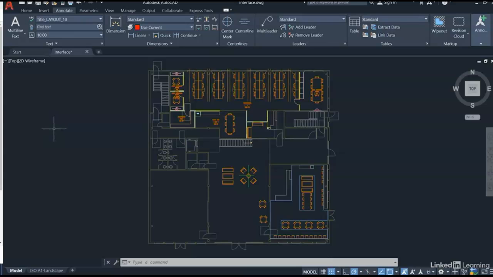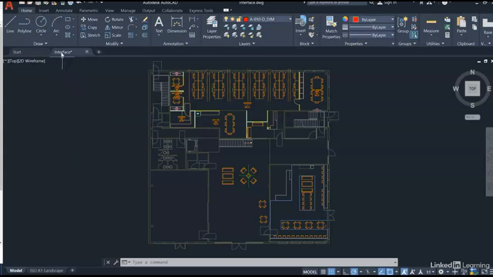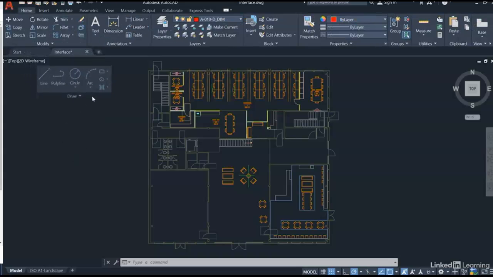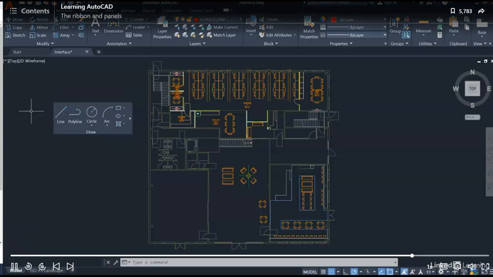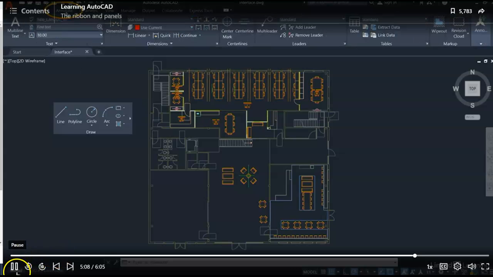Last but not least, you have a fantastic thing in AutoCAD, which I use a lot with a 2-monitor setup, and that is the sticky panels. If I click and drag, let's say, on a panel, I can put it into the AutoCAD screen. Let's go back to the Home tab on the ribbon. I'll click and drag the Draw panel out into the drawing area. So now I've got all my draw tools, but I can go and annotate using